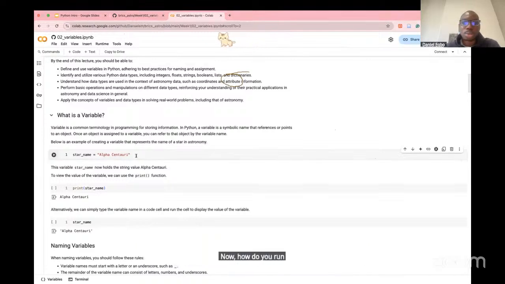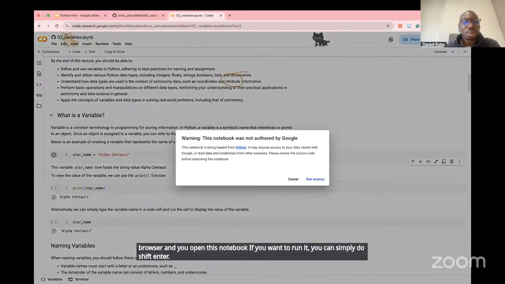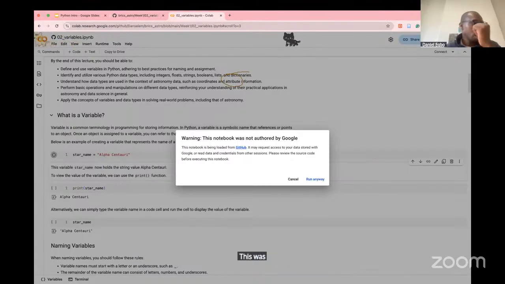If you are running this from your Jupyter notebook, and let's say you create your own local server with Jupyter notebook on your browser, and you open this notebook. If you want to run it, you can simply do Shift Enter. There was an example in the first notebook there, Shift Enter. So if you run Shift Enter,